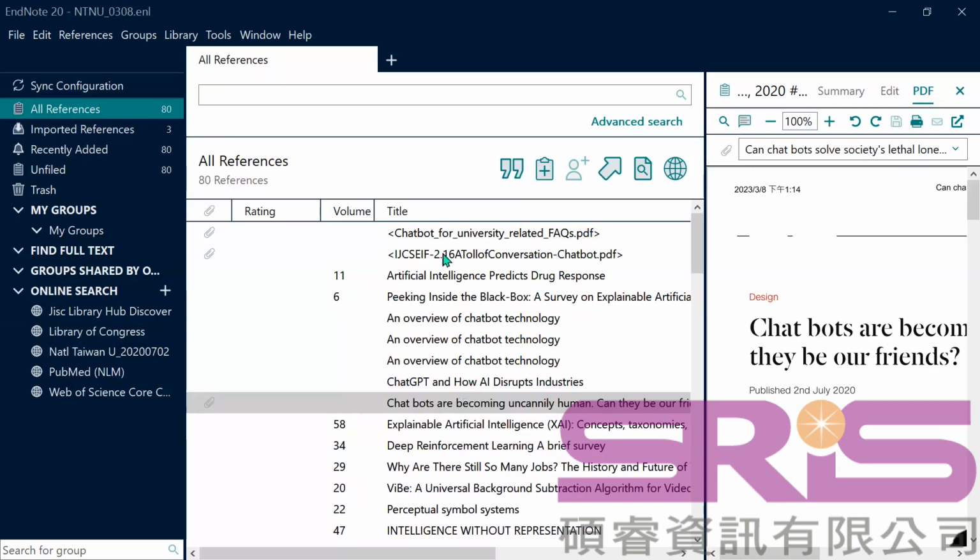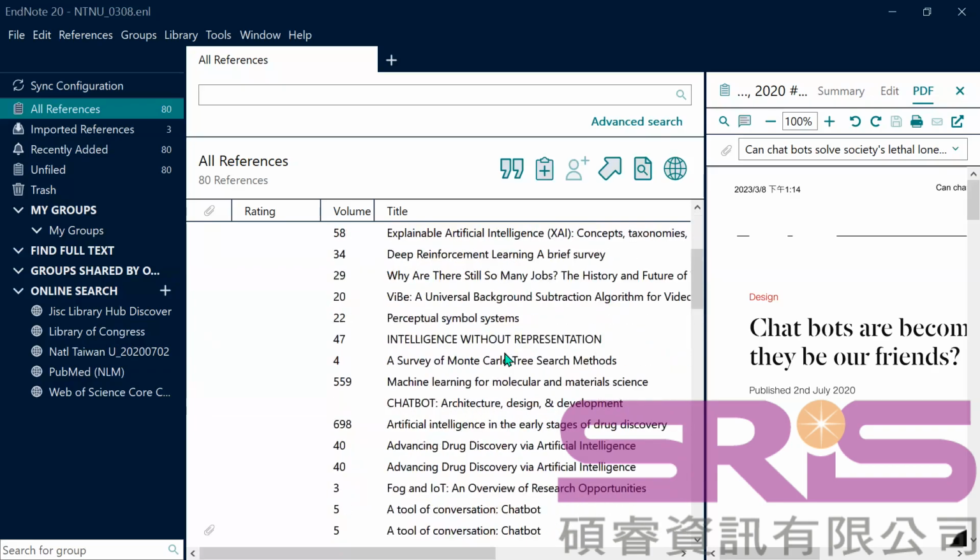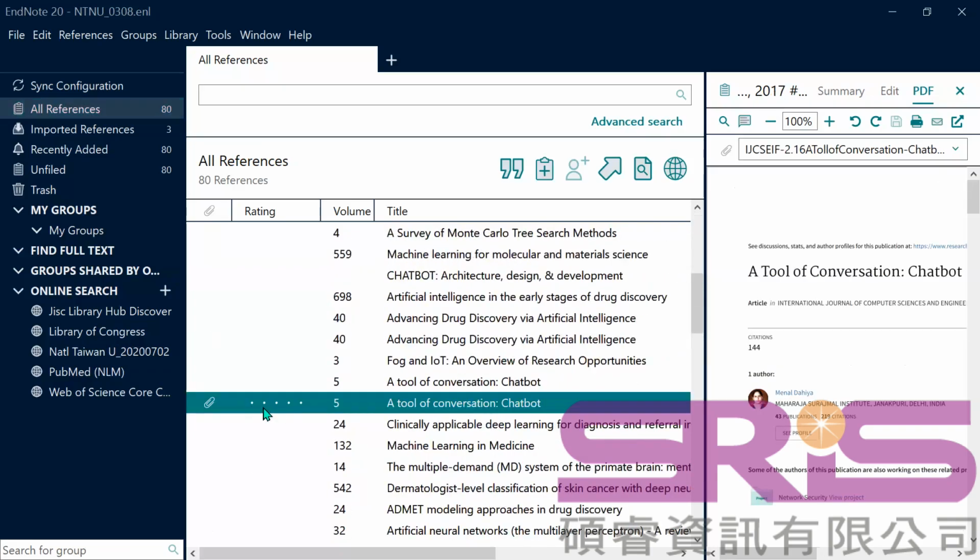But this time you will find a lot of duplicates. Sorry, I want to introduce find full text first, because we have some of the PDF full text here,